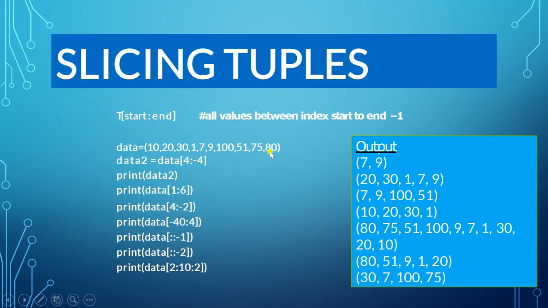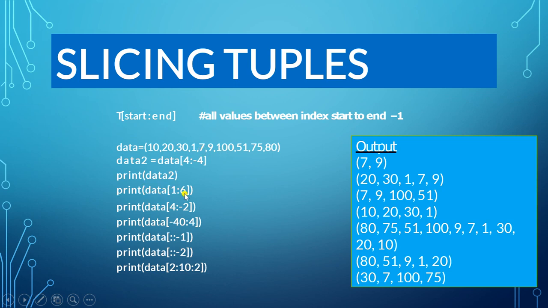Now here you will write the minus indexing. This is minus 1, minus 2, minus 3 and minus 4. Okay. So minus 4, but you have to know that slicing will go till n minus 1. So when you write here n minus 1, that is minus 4 minus 1, it will give you minus 5. That's why it counts minus 1, minus 2, minus 3, minus 4, minus 5. So the result will come as 7 and 9. The same way you have to print the data.